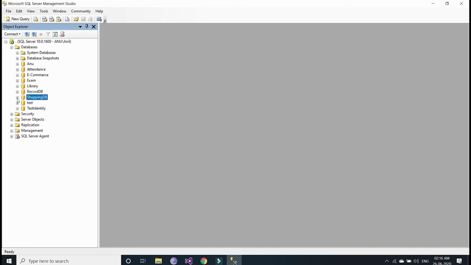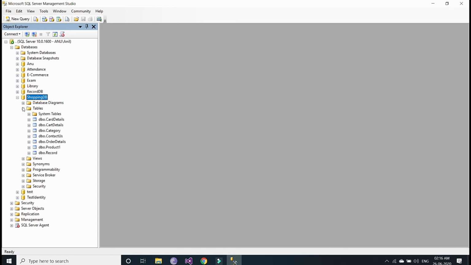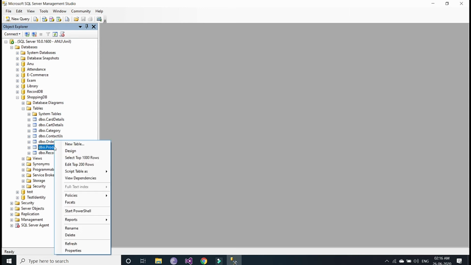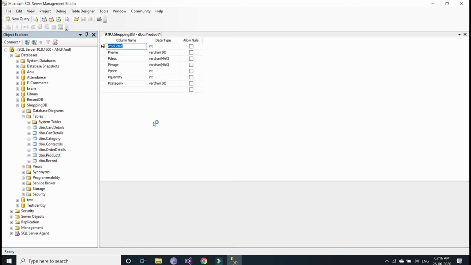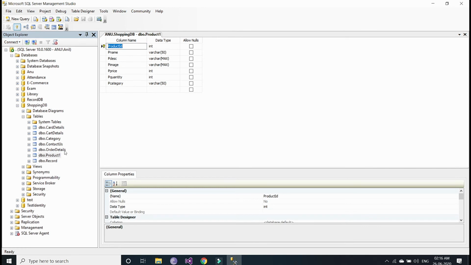Shopping DB, expand this. As I mentioned in the previous video, I have copied this database with the new name Shopping DB. Inside the product table, I have added one new column named email.